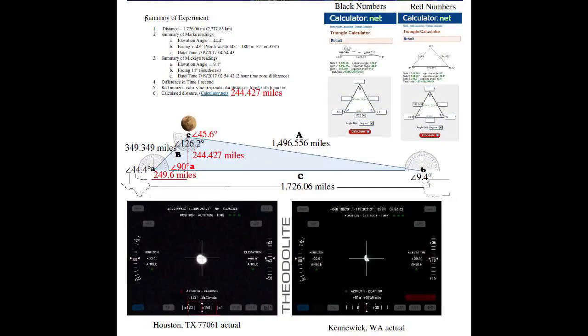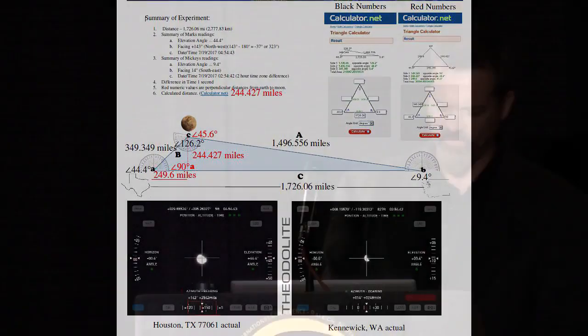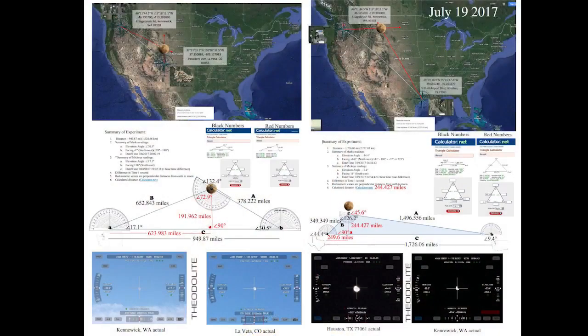So they took it to a university, and they brought it to some of these professors, and they said, hey, what do you think of this app? They analyzed it. Wow, this is a great app. It's going to be a useful tool for surveyors and whatnot. Awesome, cool. What do you think about the website calculator.net? Oh, that's a great website. Everybody uses that. It's a really good math website. Okay, so this software that you just endorsed and the website that you just endorsed just said that the moon is less than 300 miles away.